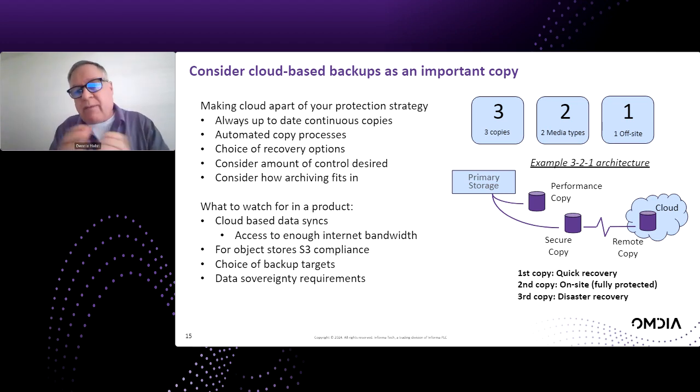You don't have to do it this way. There's a lot of versions of 3-2-1. I have kind of a secure copy, a remote copy coming off a secure copy. There's a lot of different ways you can get there. But you also want to have something out of that blast radius of the on-premise or the cloud. How do you move it into somewhere where, again, it's protected and it's outside that blast radius, that offsite?